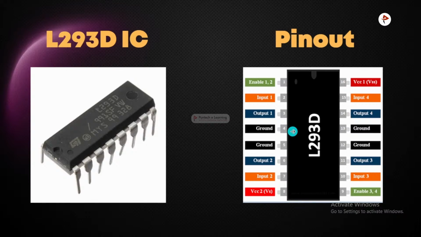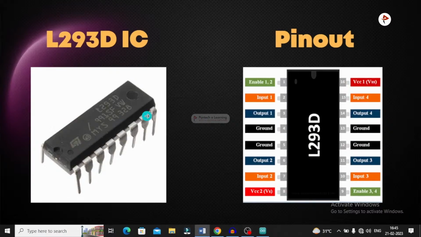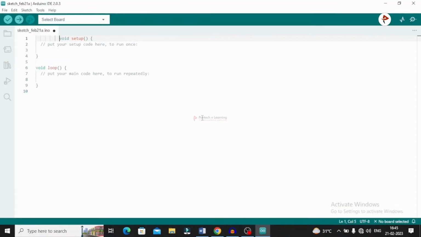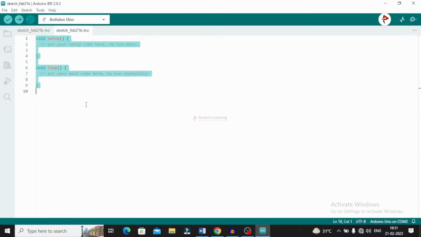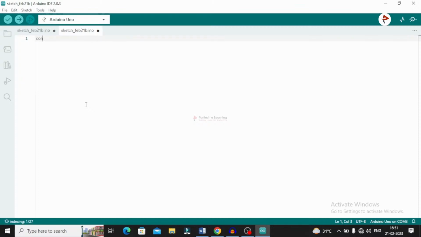Now let's write the code. Open your software IDE. Okay, let us write the code first. I'm just going to make it fresh. So first, I'm going to mention the pins. First, the pulse width modulation pin, let it be 2, a constant integer. Then the input first pin, let's assume 8, a constant integer. The input second pin is, let's take 9,